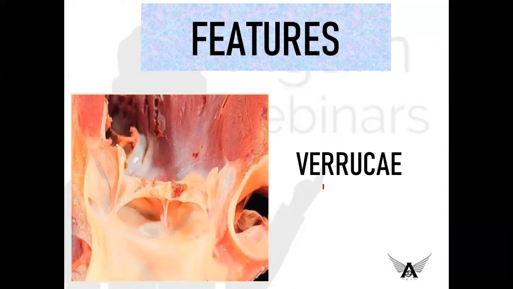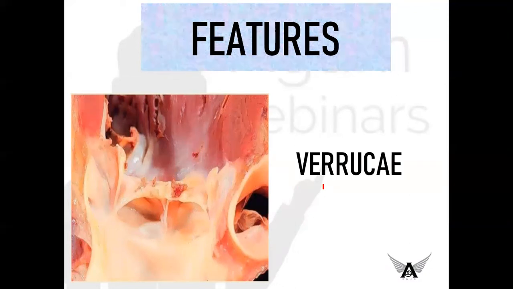Such fibrinoid necrosis and a lesion in the valve is going to project as some vegetation. What is the meaning of vegetation? Some projection is called a vegetation, some outgrowth I can say. In a farm, what do you call a vegetation? Some growth, right? Growth of crops is called a vegetation. Similarly, in our body also, some outgrowth in a structure is called a vegetation.